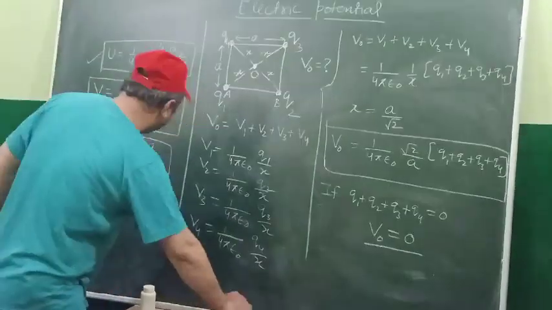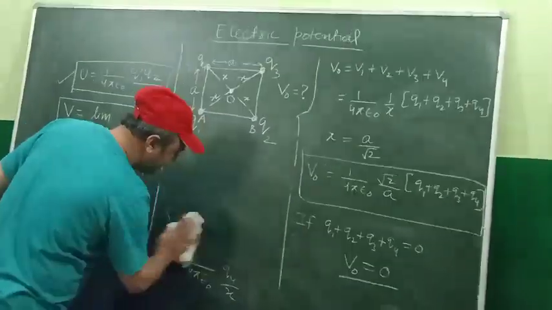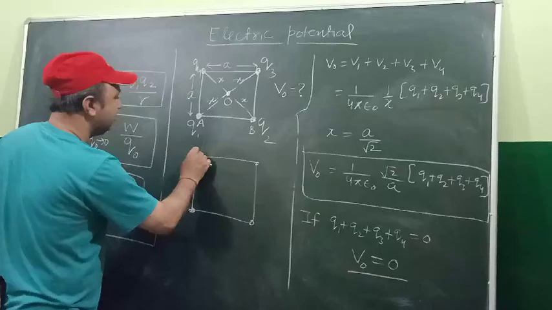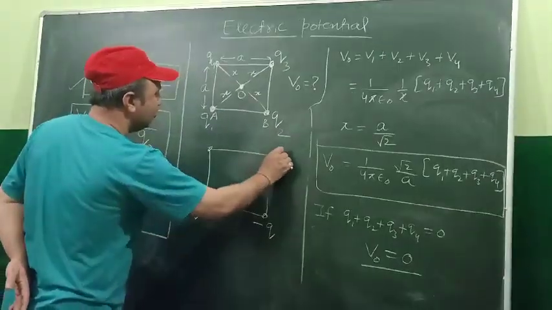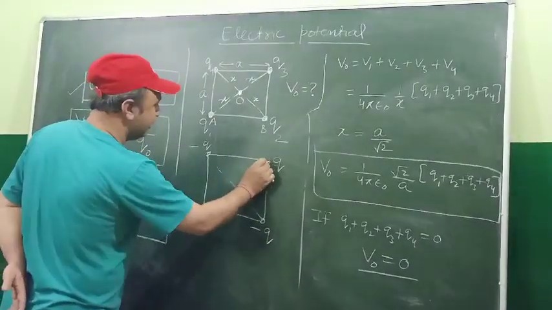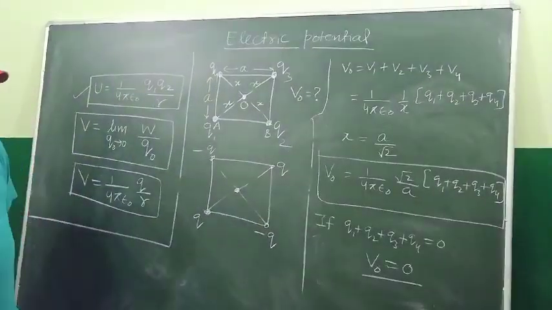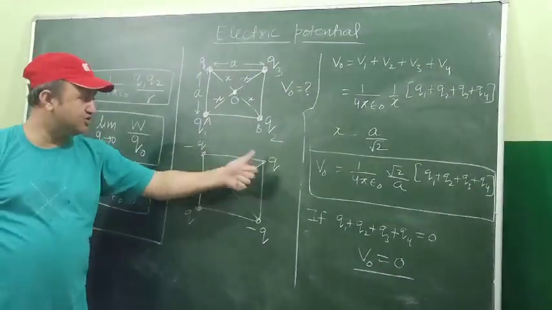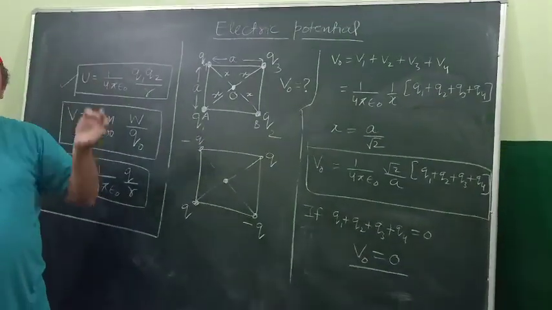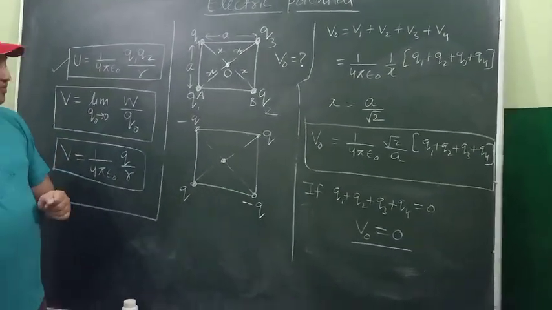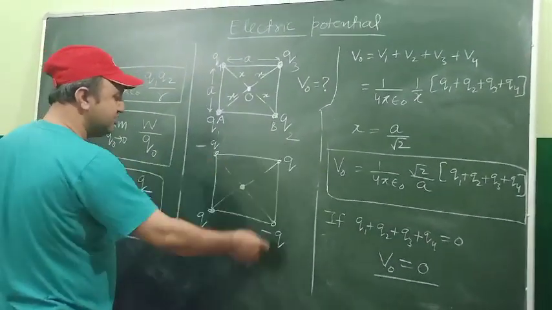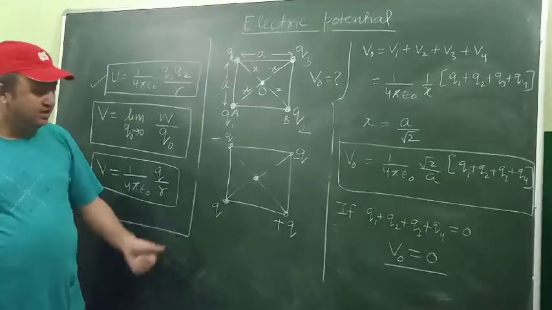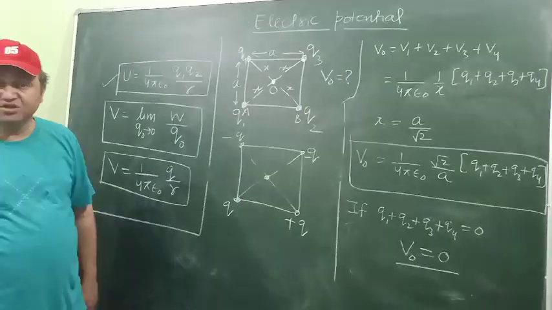As an example, if I take up the case like this, Q, minus Q, Q, minus Q. If I ask you what is the potential at the center, you will follow the same process, and in that bracket you will have Q minus Q plus Q minus Q. So overall potential at this point will be 0. Now, if I exchange these two charges, this is made plus Q and this is made minus Q, what is the potential at this point? Again, the sum of 4 charges is 0, the potential will remain 0.